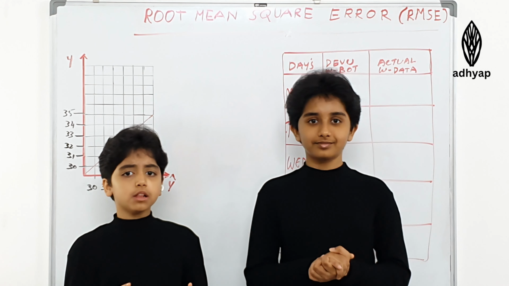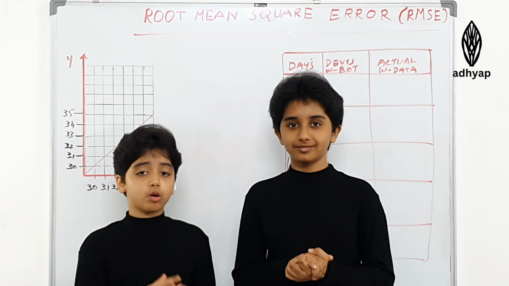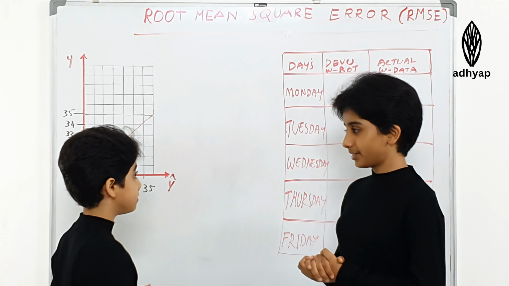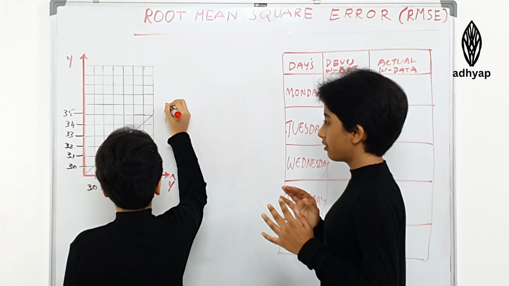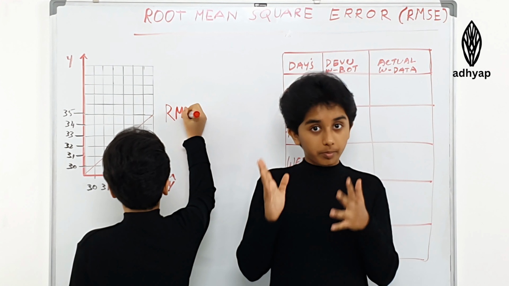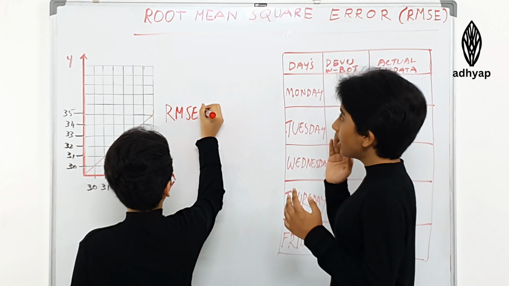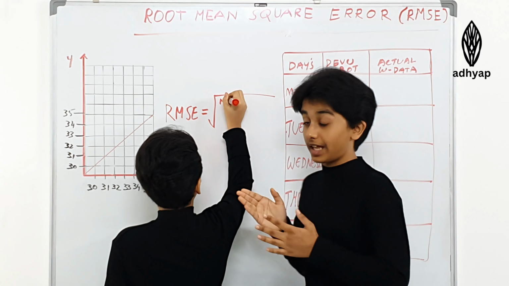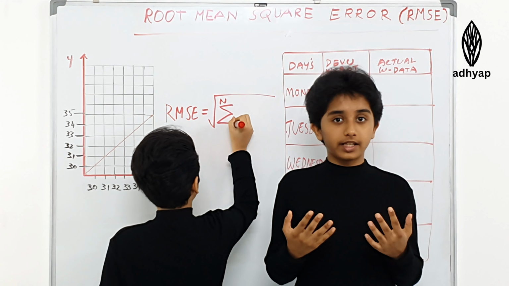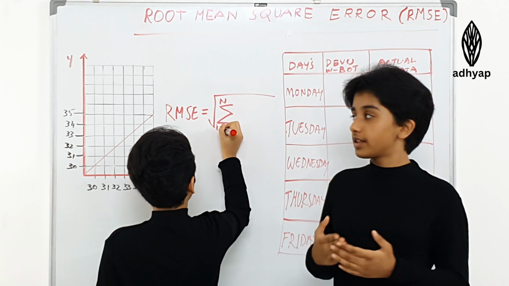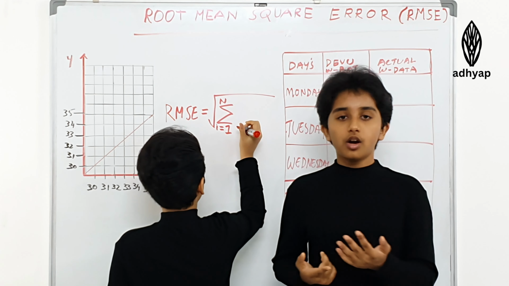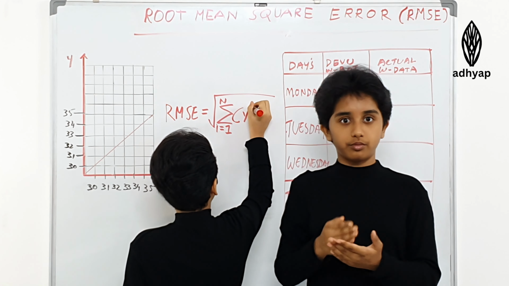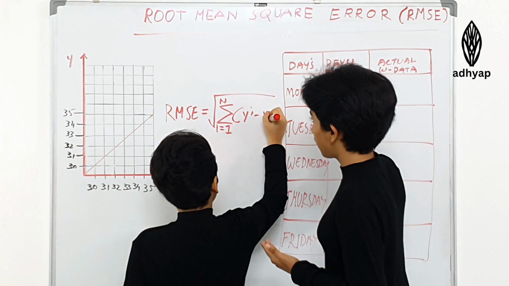RMSE does some of its calculations similar to the least square cost function, but they're both different at the end. So let me write the equation. At first Hannah will be writing RMSE, and you will identify that it's exactly how we are seeing in the name. If you have difficulty remembering how to write this equation, you can just remember the name, root mean squared error, which is first we have to square root,